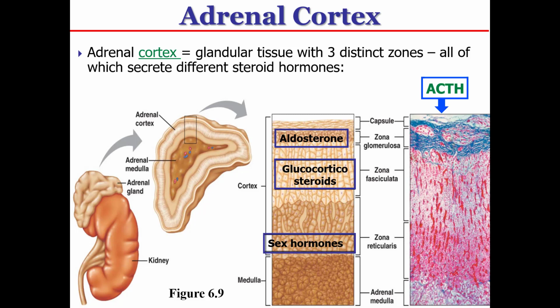on the upper cortex, which is true glandular tissue, and the three distinct zones are responsible for aldosterone, glucocorticosteroids, and the sex hormones. So the different types of corticosteroids are produced in each of these three layers or zones and controlled by the trophic hormone ACTH. Zona glomerulosa is responsible for the mineral corticoids, or mineralocorticoids is what they're formally called, primarily aldosterone,